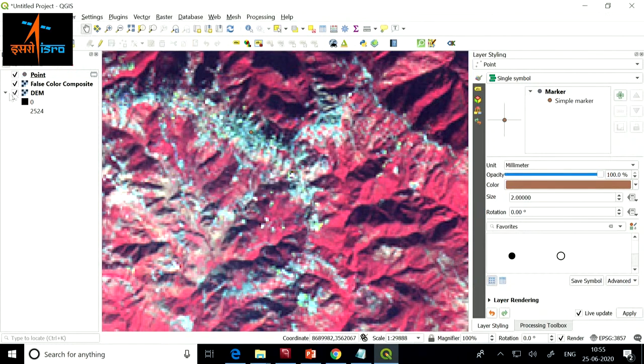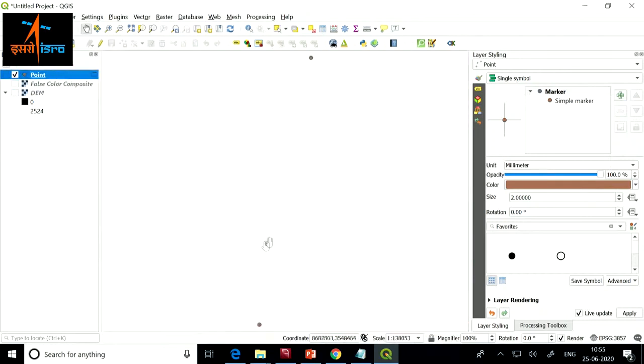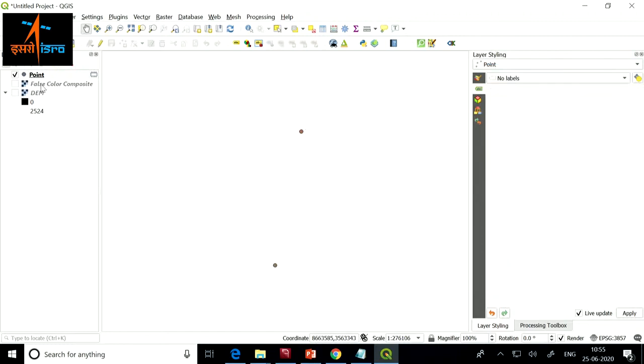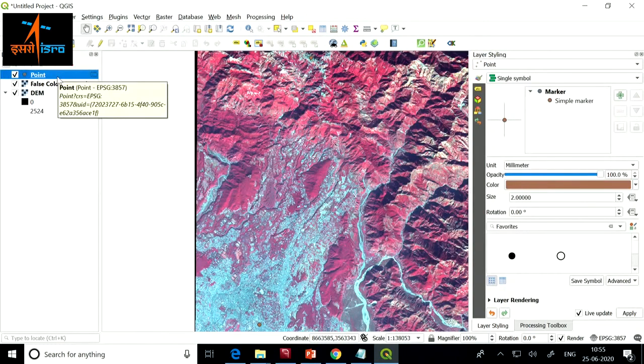I will save these values. So what I have is 2 points. If you label them, you will see that the names of the places appear. Okay, I don't want to label them now. I want to simply show them all of this data together.